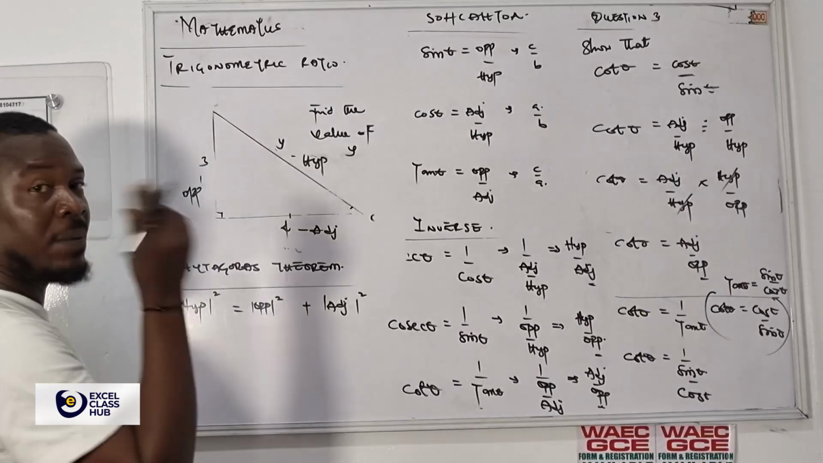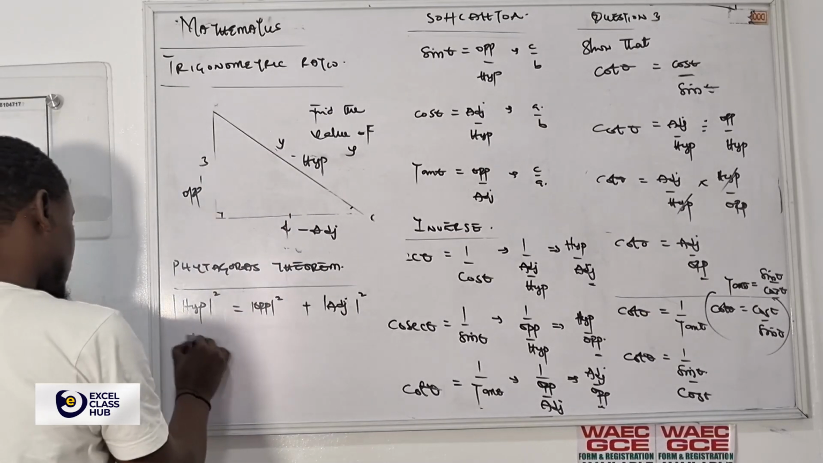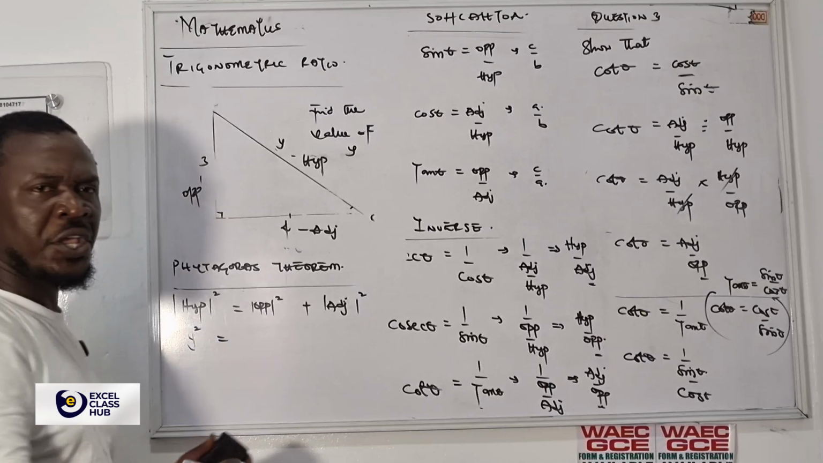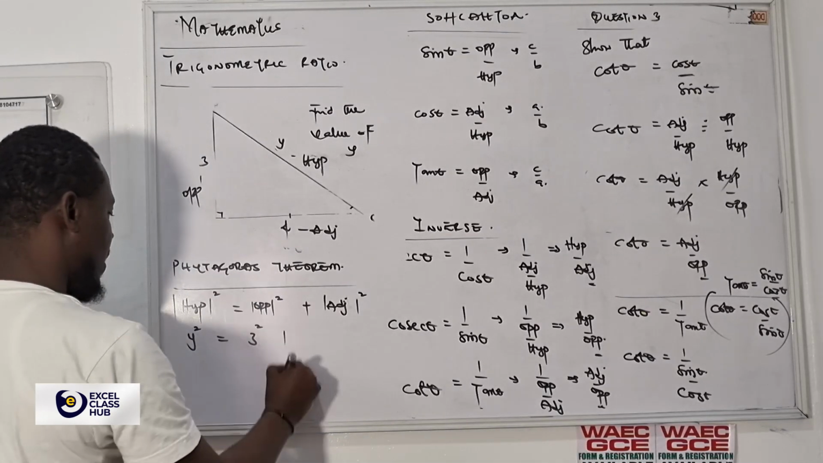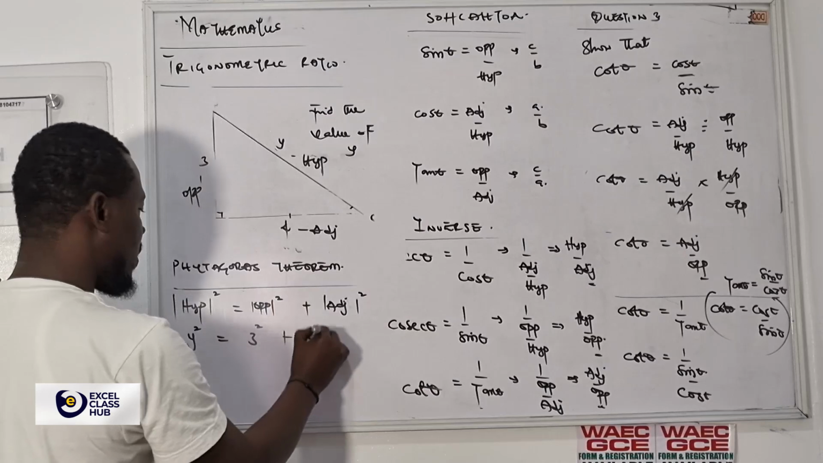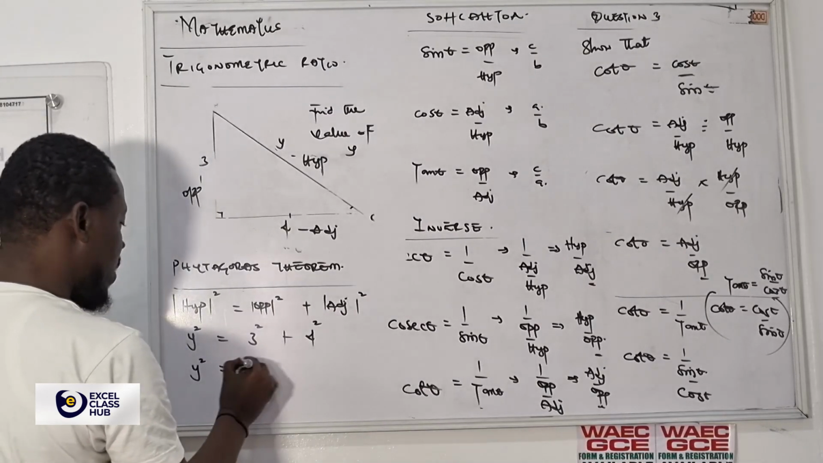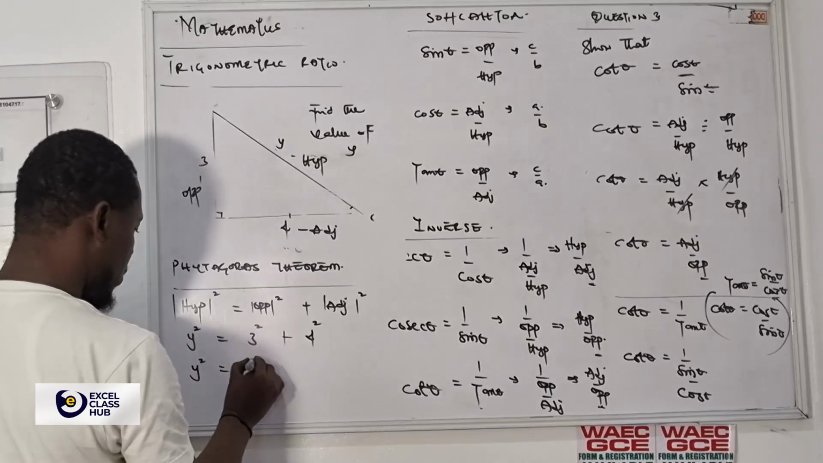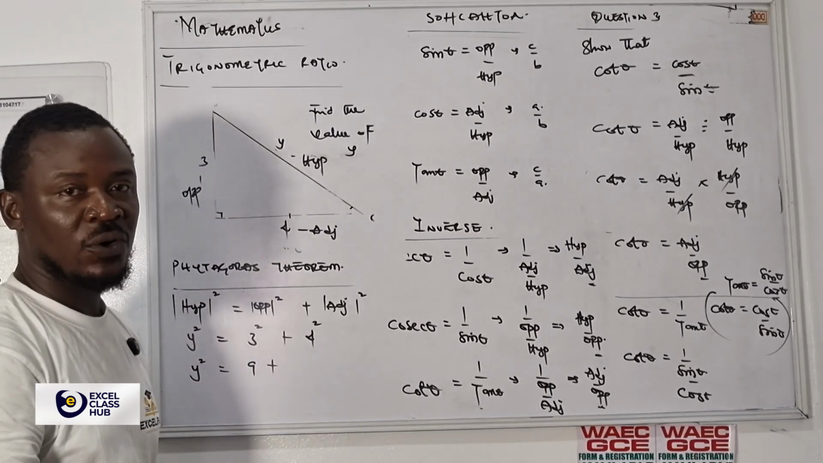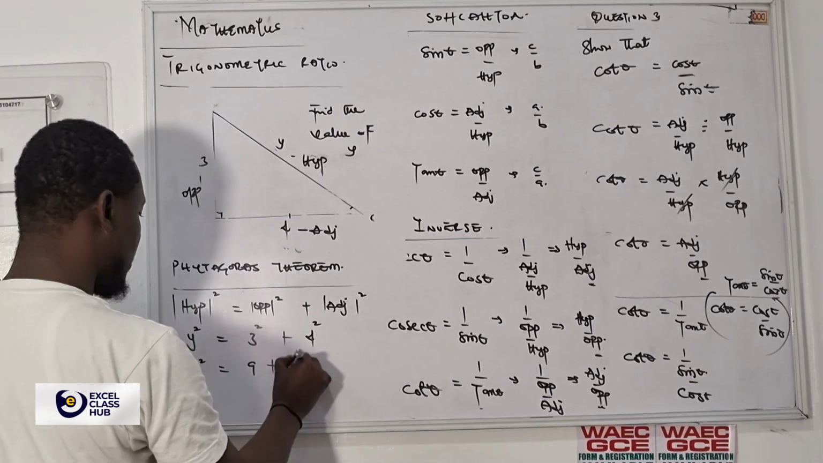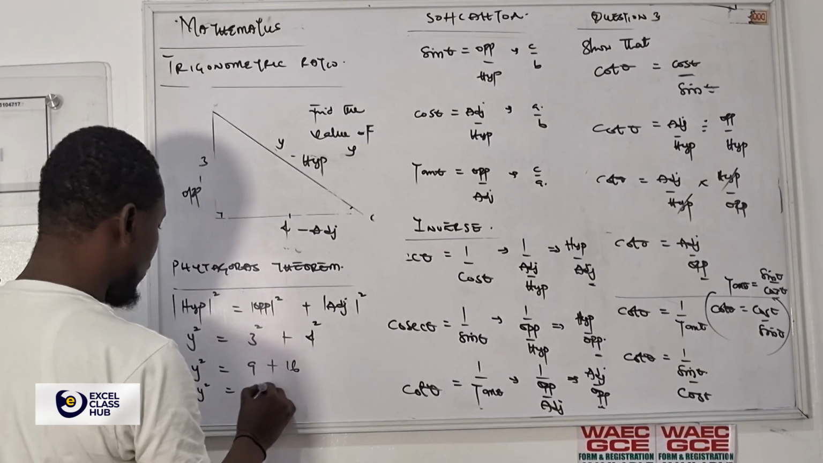What is the hypotenuse I'm looking for there? My hypotenuse I'm looking for there is y. So this one will now be y square equals, what's your opposite there, student? That should be 3 square plus, and your adjacent there should be 4 square. So finally, y square should be, 3 square means 3 times 3, which is going to be 9, plus 4 square means 4 times 4, which is 16. So I can add it together, 9 plus 16, giving you